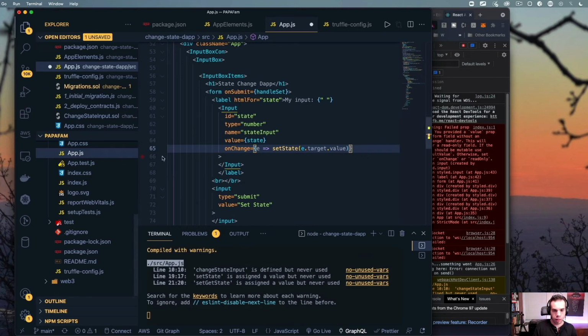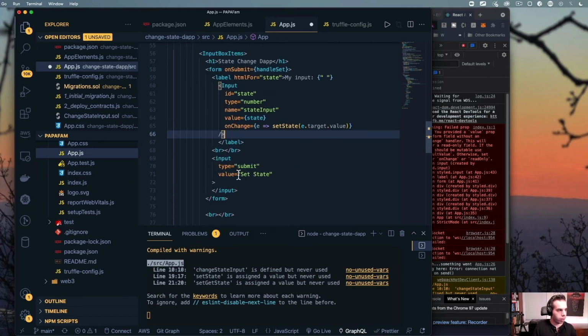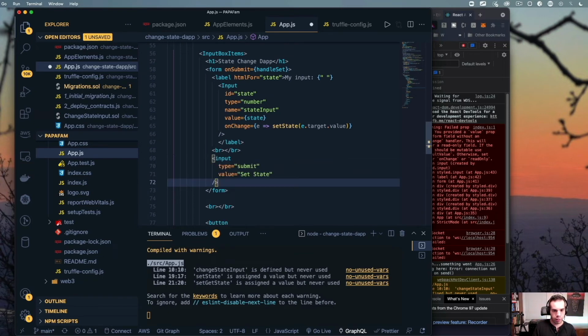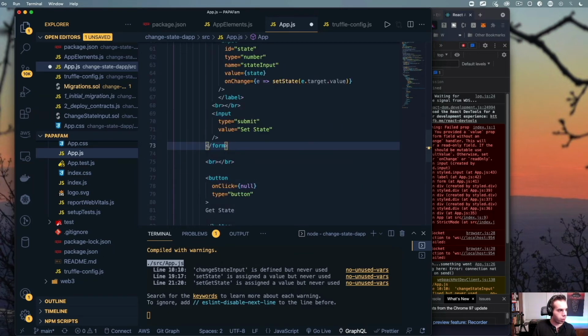That should be set. And then we just close out that bracket, and we can actually even just be a little bit more efficient and just say like that, just because you can do that in React. So just to make it a little bit cleaner. And then we close out the label. We then have for input type.value. And we can actually just clean this up a little bit more, just so that looks like that. And for form, we close out form.